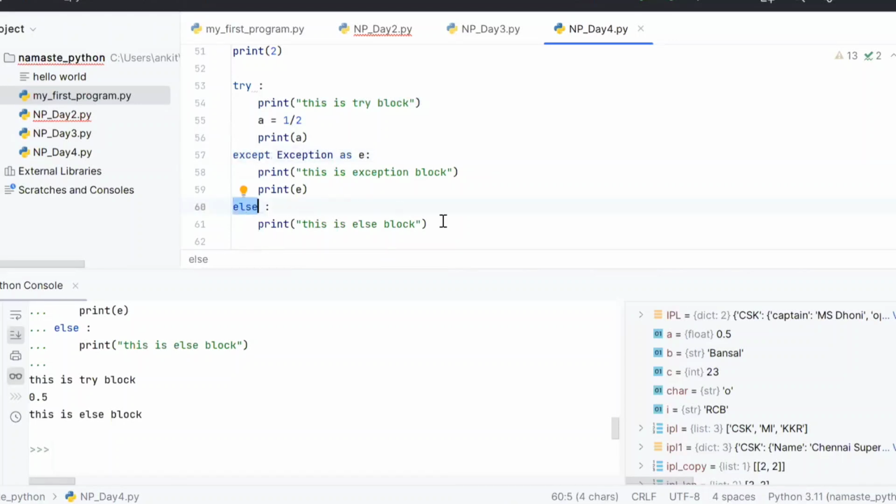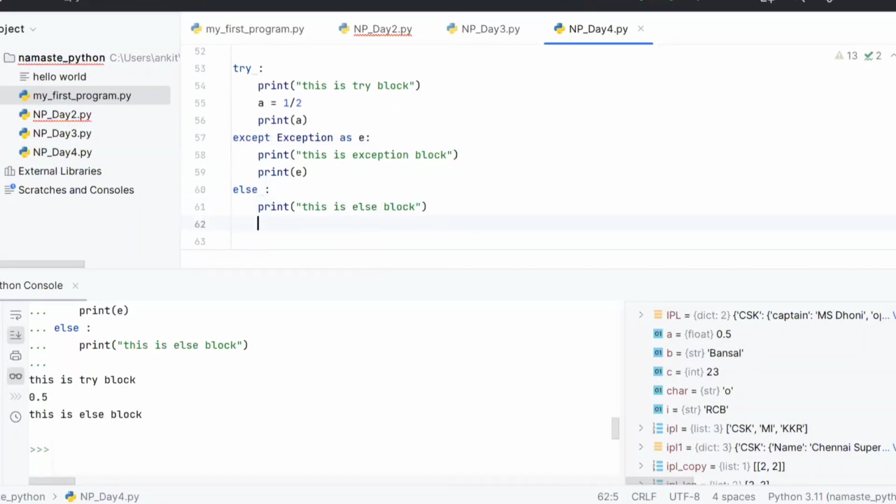Let's say you were sending an email. You can put an else block, so if everything is fine, you can send an email that it is all fine, there is no issue. So based on whatever is required, you can put things in the else block. If everything is fine, then I want to do this. Between except and else, your code will always go in either one of them. It will never go in both of them.